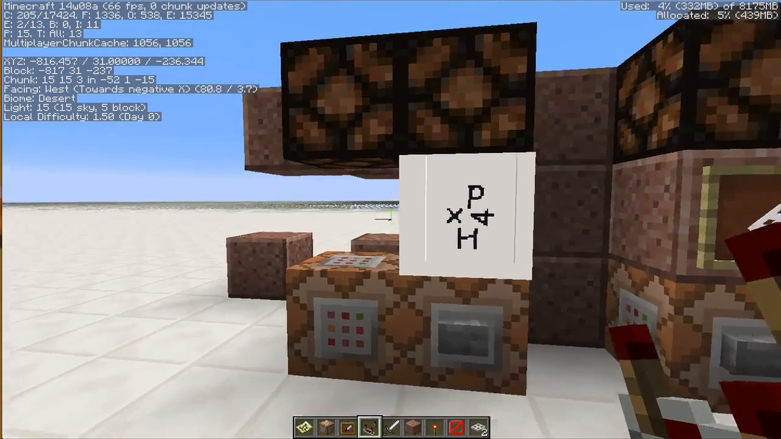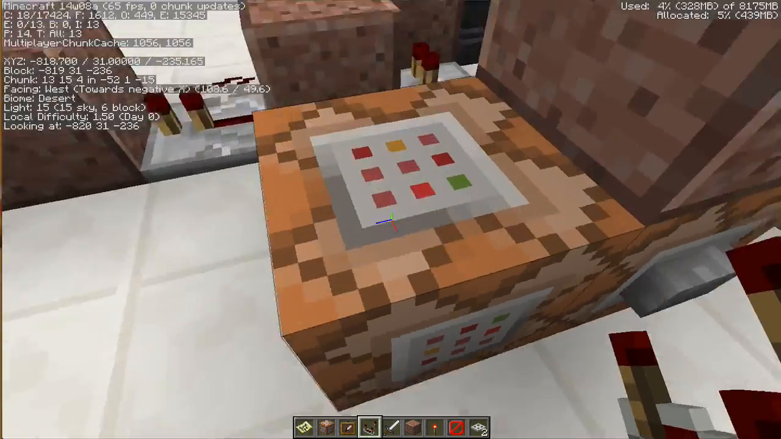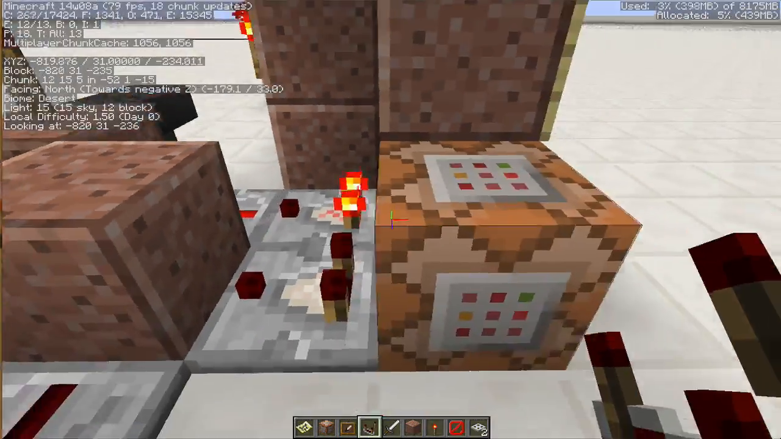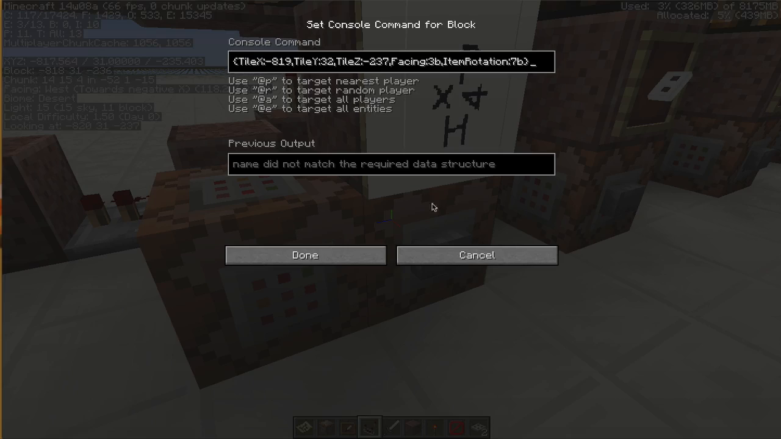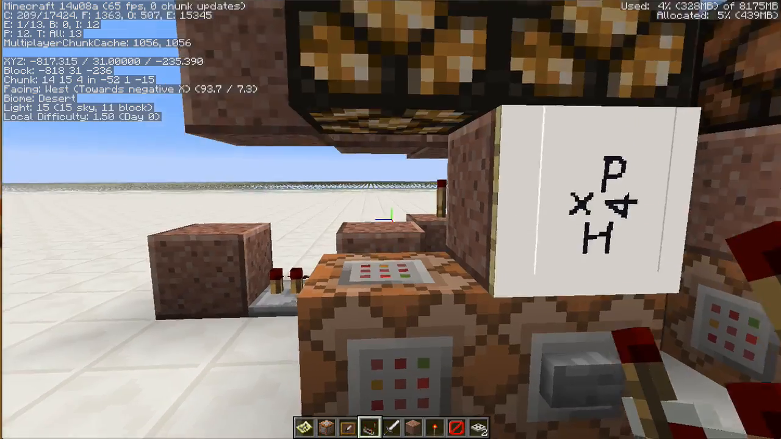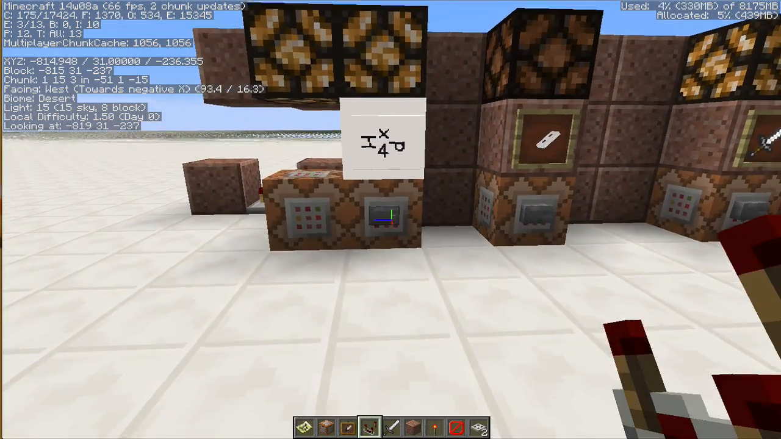Okay, so what you need to do when you're working with maps is that you do need to add double command blocks. So you'll see I've got 2 command blocks here. The first one is testing for rotation 7, and the other one is testing for rotation 3. So that when I'm going around,